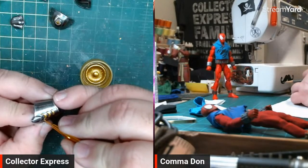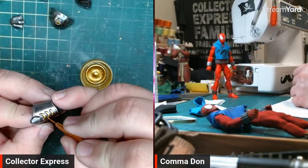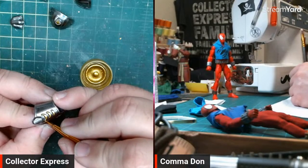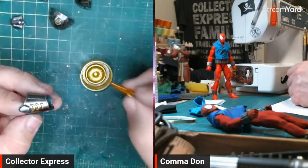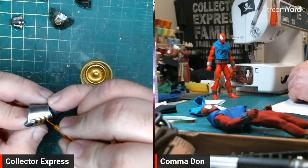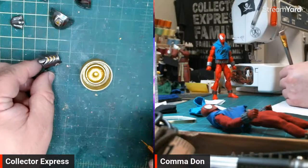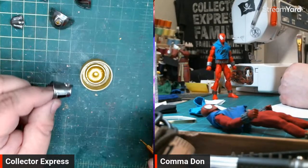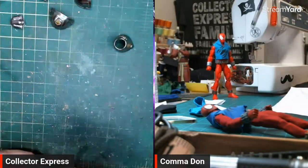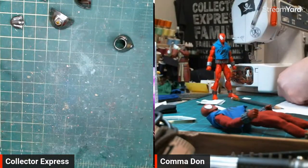You order some more of this metallic gold. Something about using this when I do my next Final Form Prime, which is basically on hold until I get Scar now, because I want to use that new Scar torso. So I'm curious if the Caliban arms are compatible with those shoulders, because I'm not crazy about the arms on the Scar. I understand why they did it, the style they did, but